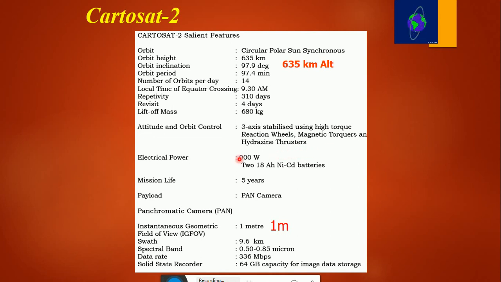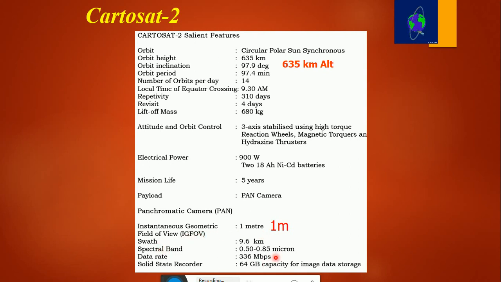IKONOS satellite launched 24 September 1999, USA. Operational life 7 years. Orbit inclination in degrees. Speed of orbit 7.5 kilometer per second. Speed over the ground 6.8 kilometer per second. Number of revolutions around the Earth 14.7 every 24 hours. Orbit time around the Earth 98 minutes. Altitude